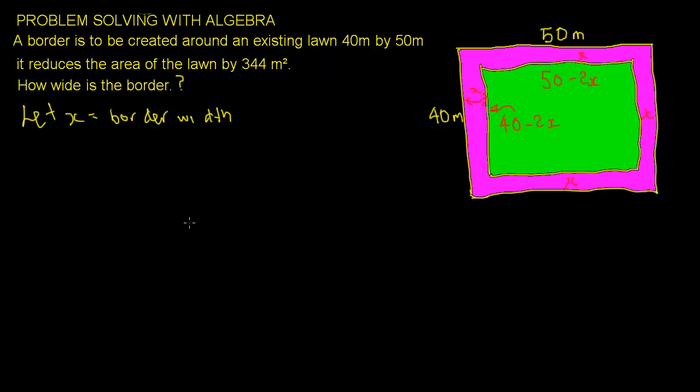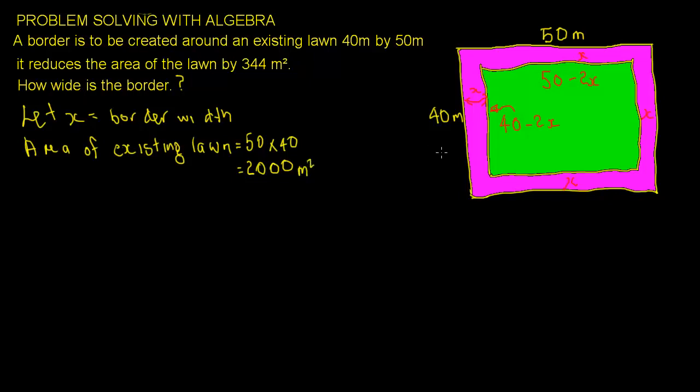So we know for a start that the area of the existing lawn will equal 50 by 40 meters, and that's going to equal 2,000